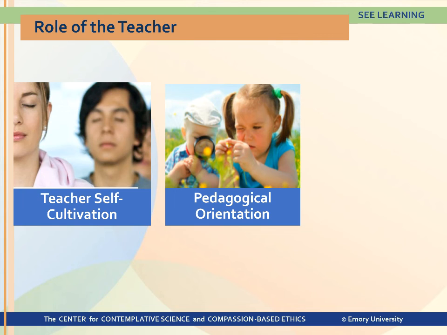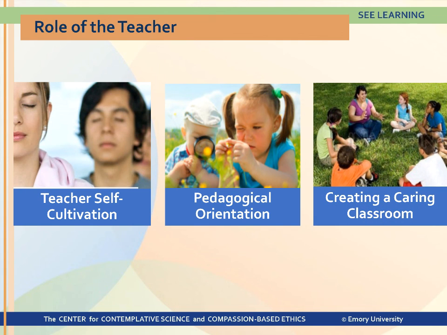The third important element in the role of the teacher is creating a caring classroom, in which the teacher creates a compassion-focused classroom with safety and kindness at the center, and predictability as well. The teacher would co-create class norms with students to support a trusting environment and routinely gauge student emotional and social readiness for engagement and adjust class norms as necessary.